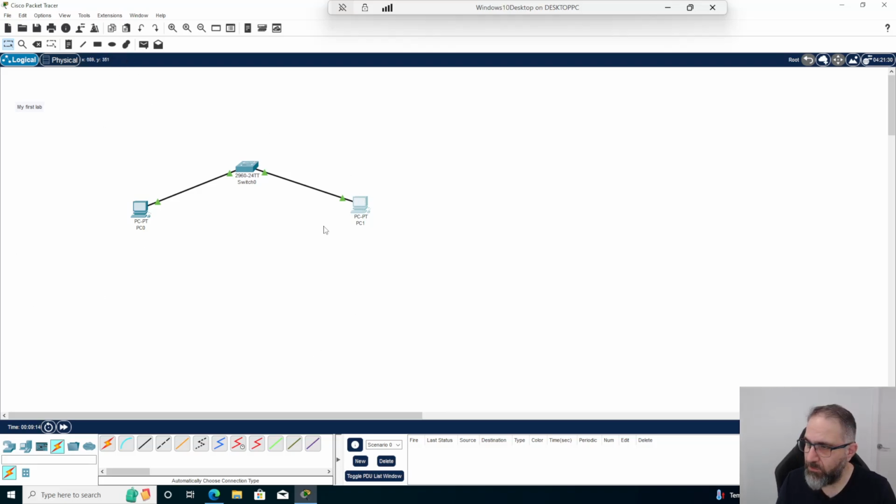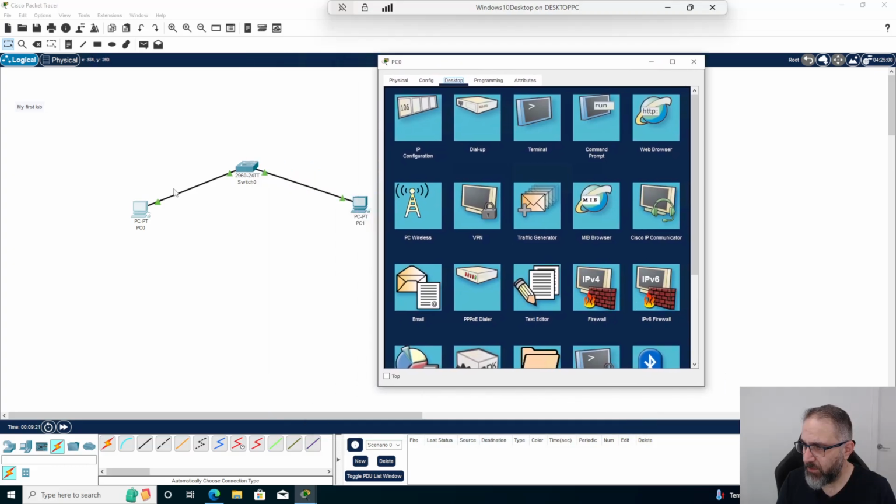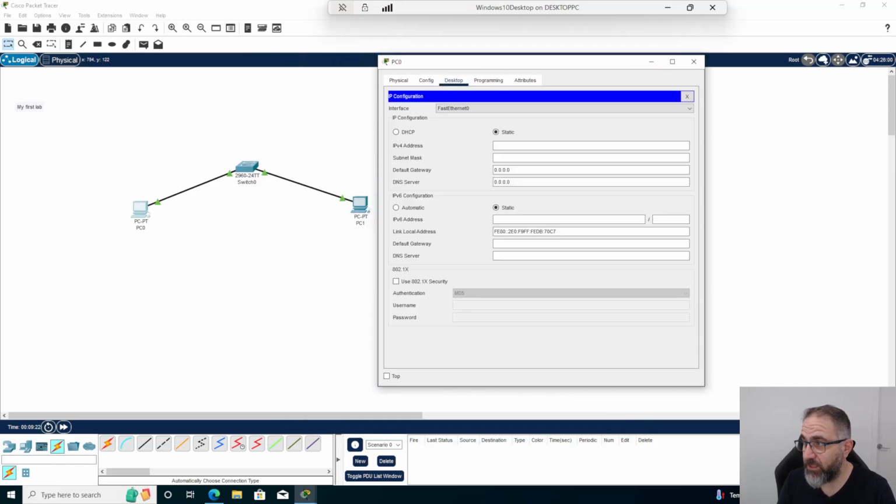So now I've got the two PCs. I've got a switch in this PC here. Now I've clicked on that. I'll go to IP configuration. I'm going to give it an IP address. This is cool. 192.168.1.1, subnet mask. Don't know what subnet mask is, you have to come and have a chat to me, because